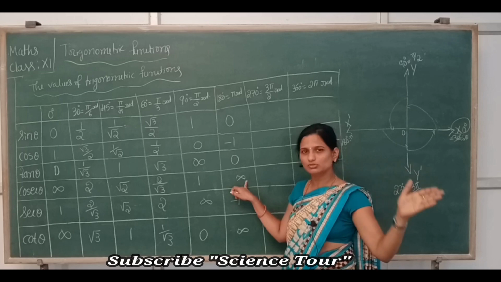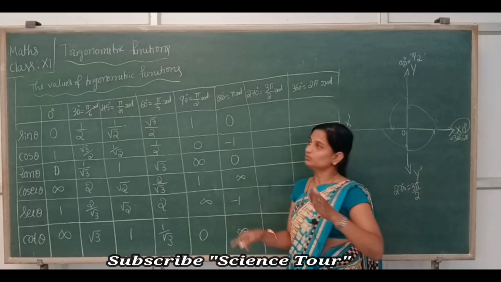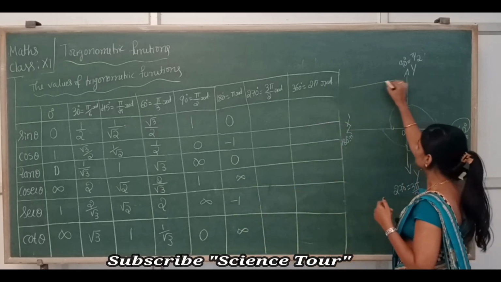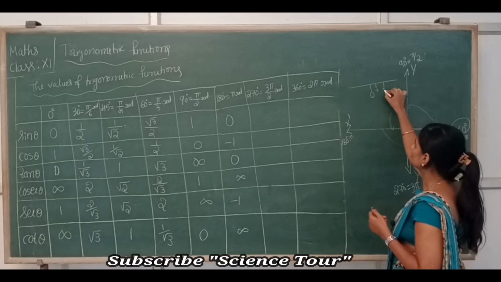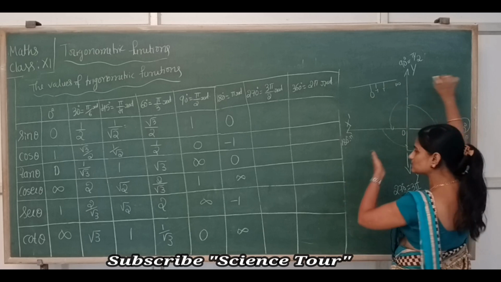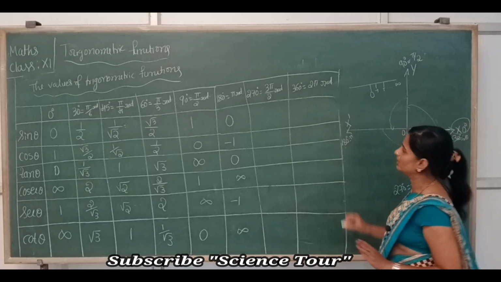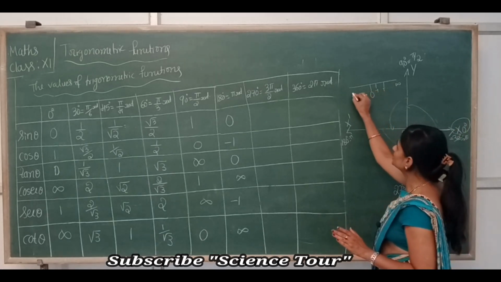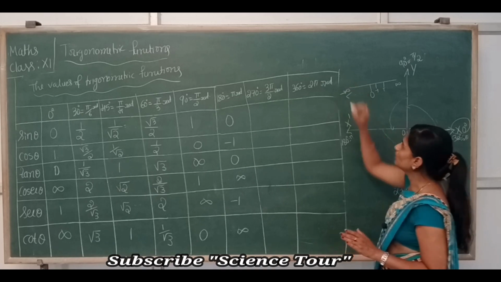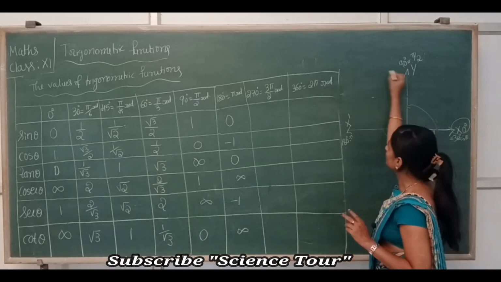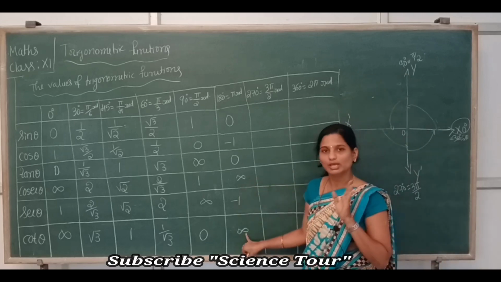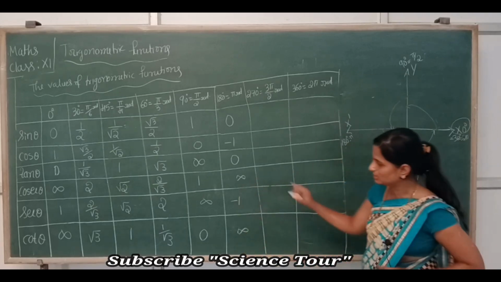Minus infinity is also there because, if you see the real number line, this is 0, correct? And this is plus 1, plus 2, and when it goes to this side, the positive side is positive infinity. And next, if you move to the other side, it is negative infinity, minus infinity. So both minus infinity or infinity can be written, both are the same, it does not change.